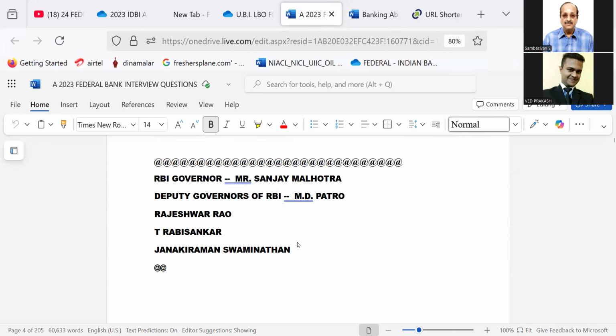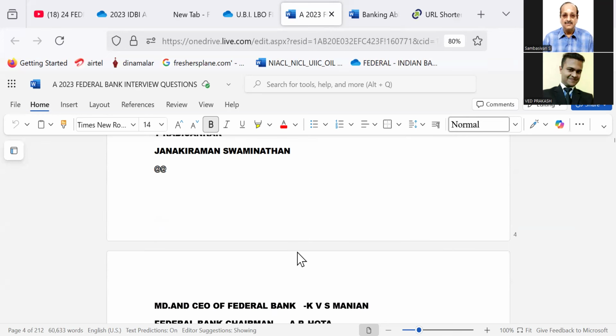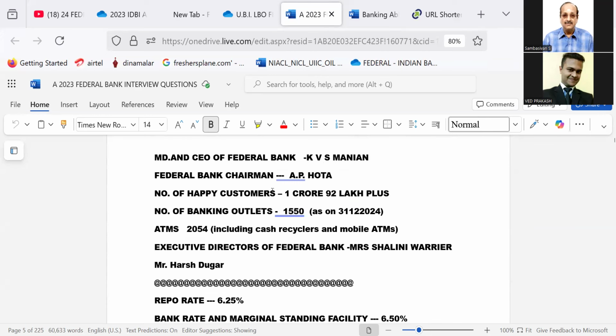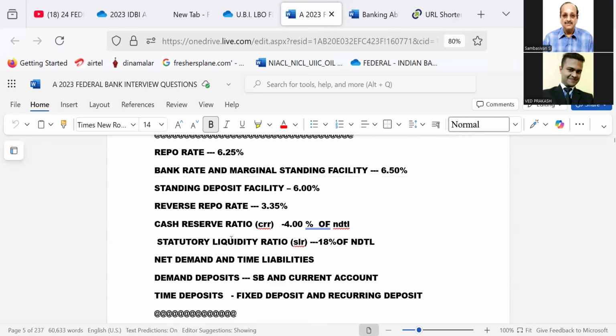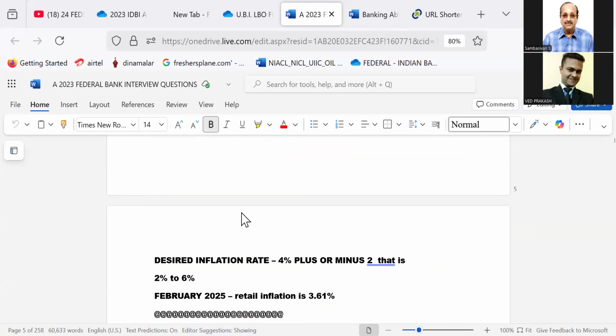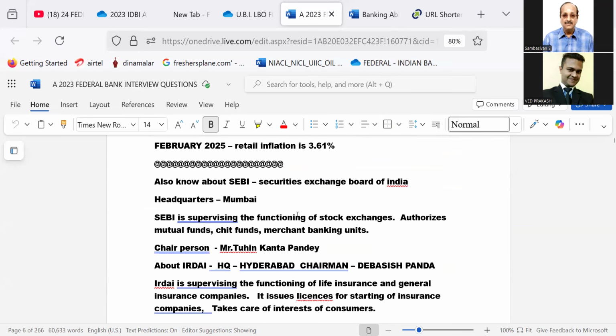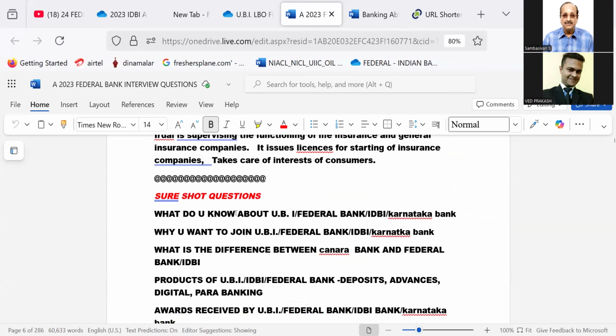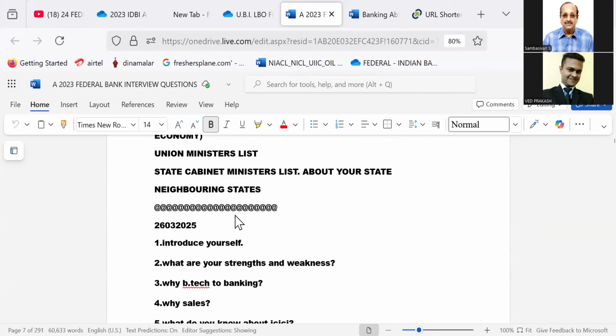Please go through what is given here, like RBI governor, RBI's MD and CEO of your bank, number of happy customers, ये सब पढ़ लीजिए. Then these are important rates given, ये भी पढ़ लीजिए. The functions of Reserve Bank दिया है, वो भी पढ़ लीजिए. Then know about SEBI and other things. Then short questions, ये सबको प्रिपेयर होना है. और ये वाला